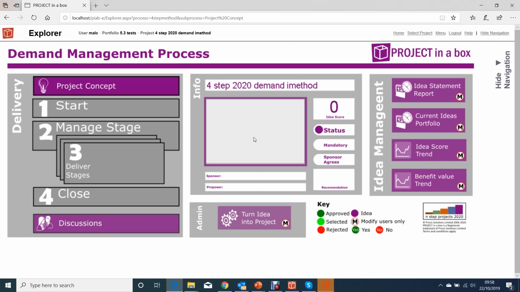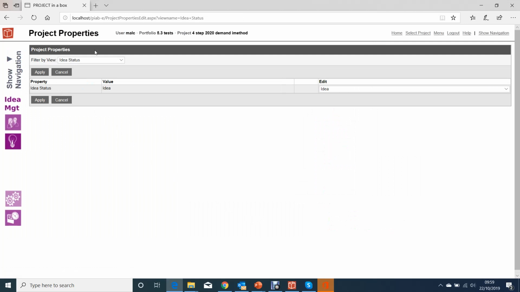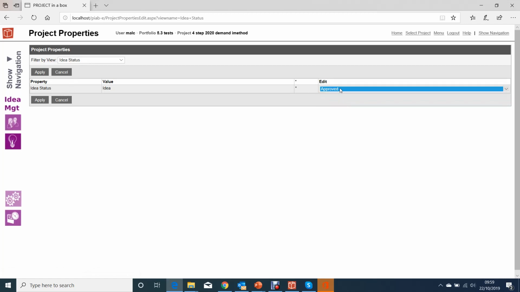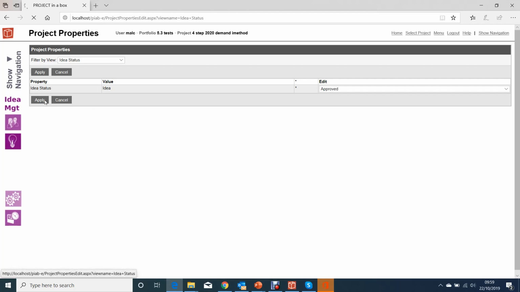Now obviously, as we saw before, we can come into some of these boxes and update content, but the particular one that we're interested in here is we're using that same project properties form we talked about earlier, but this time it's coming to a view which is idea status, and this just shows us the one field, the idea field, which is the one that we need if we're going to activate this project and make it an approved project for ongoing delivery as a proper project. This is of course only accessible to people with a certain permissions level, but once I come in and complete that approval,